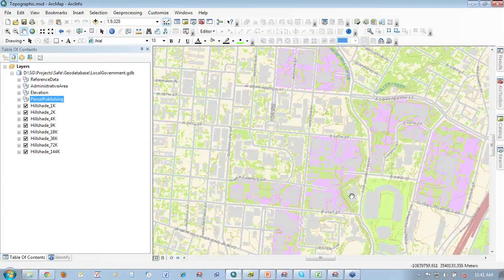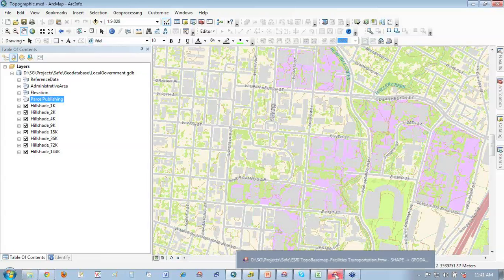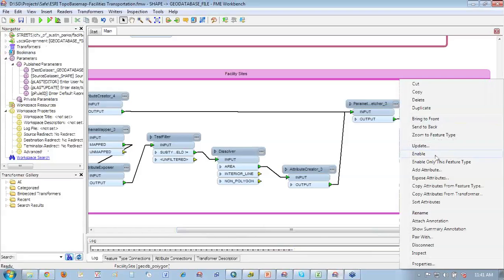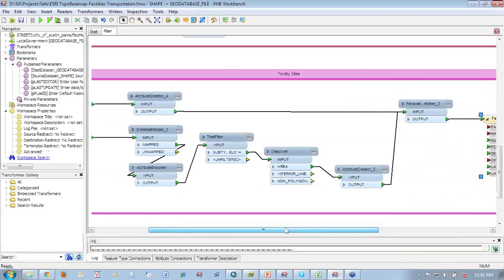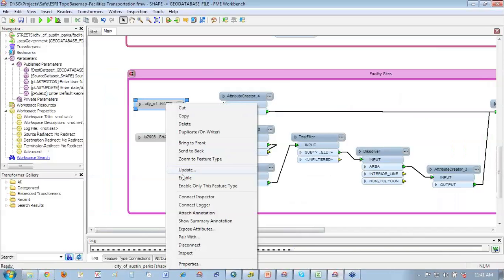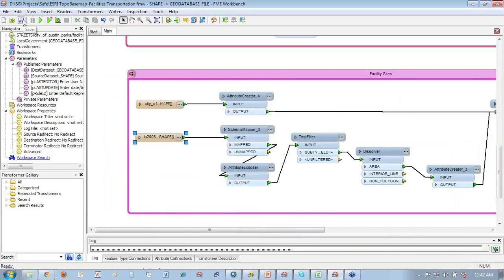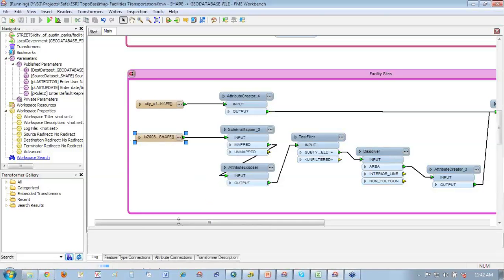I didn't have the names, and it would be a fair bit of work for someone to put all of this together for the whole city. But that's just some data work that somebody would have to do as part of building this facility site thing. But it's pretty neat, though. Let's go back and do our thing here where we only enable this feature type, and we'll enable this guy, and we'll enable this guy. And even though we're doing some pretty complex processing here, remember we're just doing it on a small geographic area. We're not doing it on the whole city here.